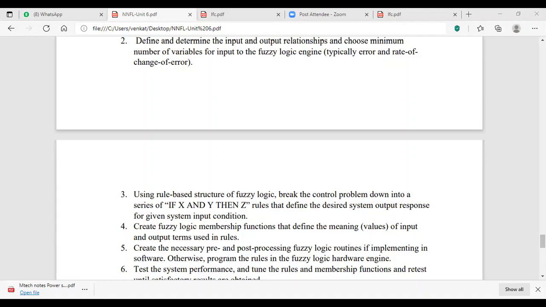So you need to monitor error and change in error. You need to monitor error and change in error. So the rule based table is framed based on your negative value of your error or positive value of error or 0. So for each combination, the rule set are defined in the linguistic variables.